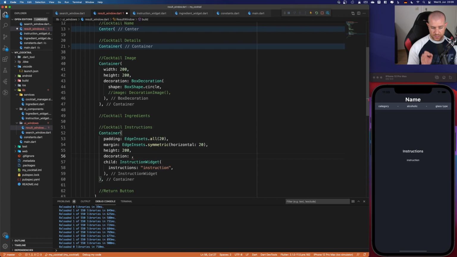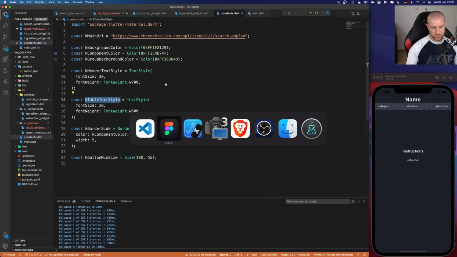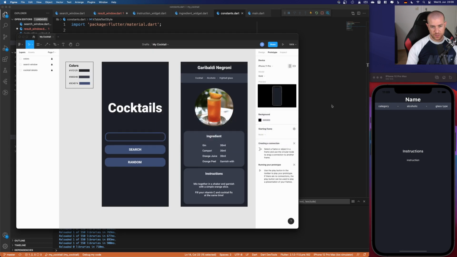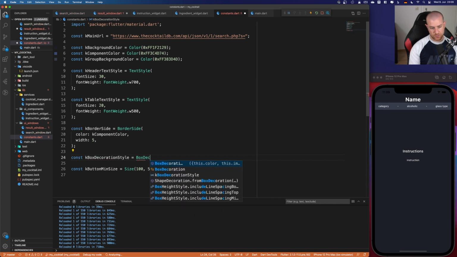So we say decoration, and now we can put it in a constant as well, because we're using it 2 times, as you see here, here, and here. So let's put it here. We can put it down here. Const kBoxDecorationStyle. I called it kBoxDecorationStyle. Cool. So we say BoxDecoration,